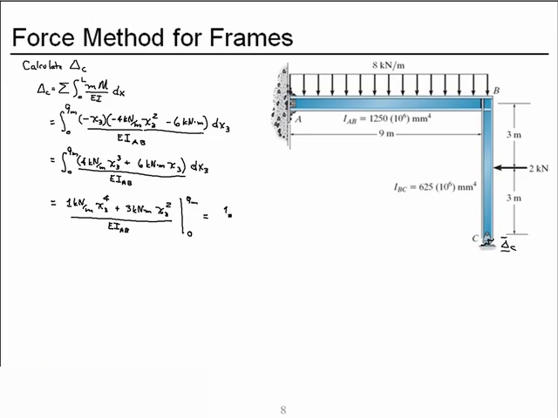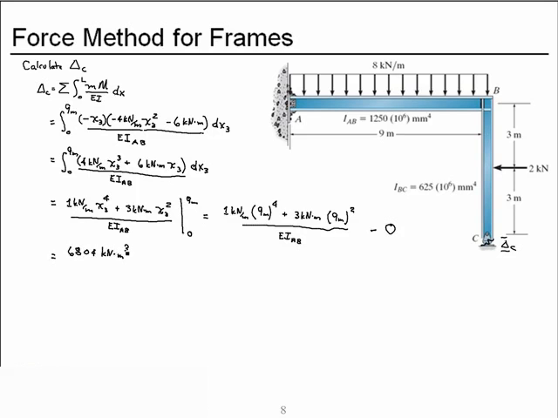So I get 1 kilonewton per meter, 9 meters to the 4th, plus 3 kilonewton meter, 9 meters squared, all over EI for member AB, minus 0 at the other limit. If I now evaluate this, I get 6,804